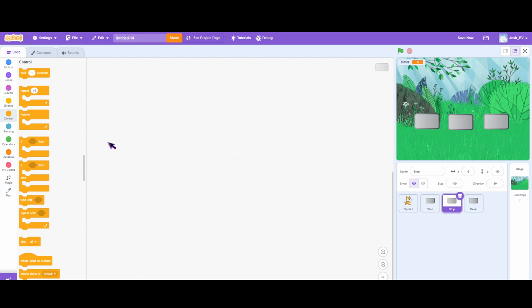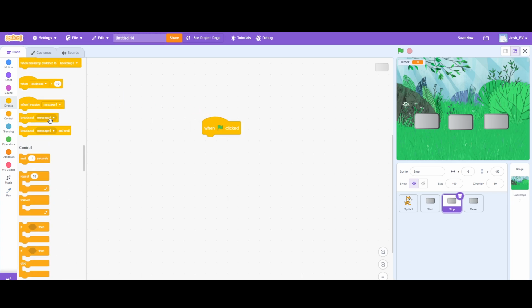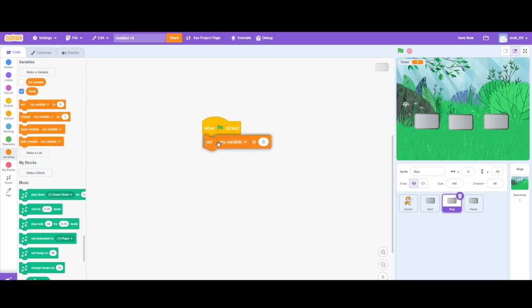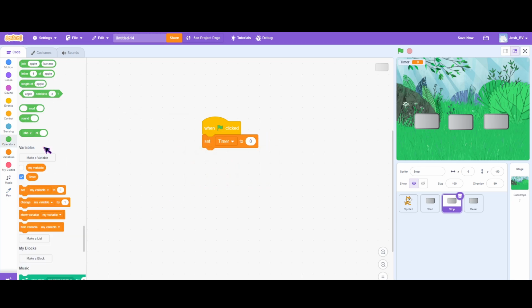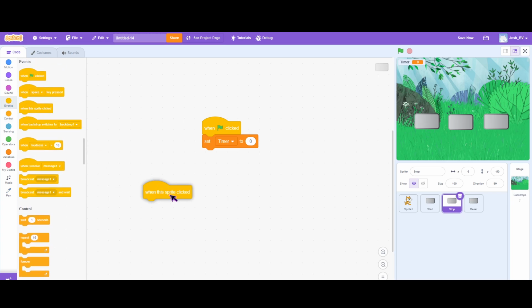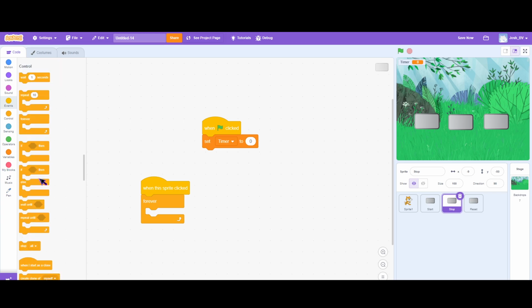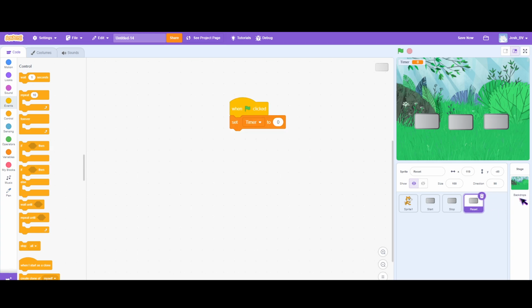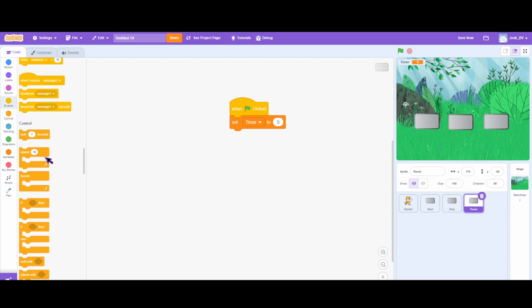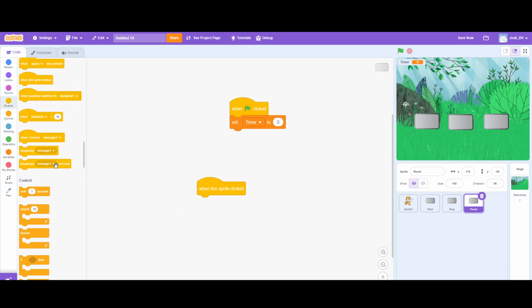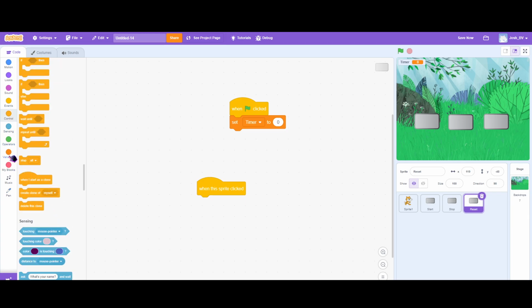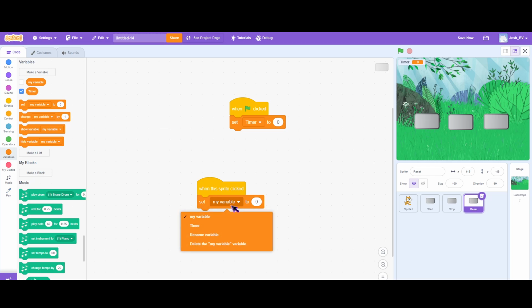So for the stop button, it's going to be a different story. Still need to go back to the basics right here really fast. Timer, and then when this sprite is clicked, you want to loop and then stop. Like, this is for the stop button. Then for the reset button, you just simply have to build this one. When this sprite is clicked, and then you want to go to the variables, set timer to